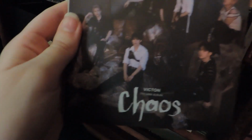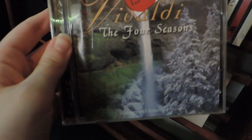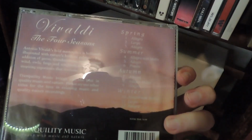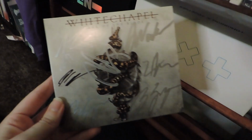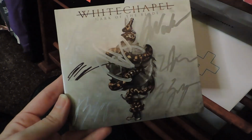Then I have Vivaldi, which I think Colleen got and she loaned it to me because it's the Four Seasons. And I think I was going to learn how to play it at one point on the violin. And then I have my signed Whitechapel album, which, again, the story with this one is